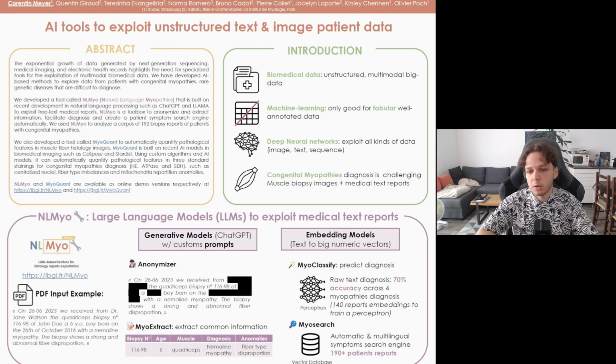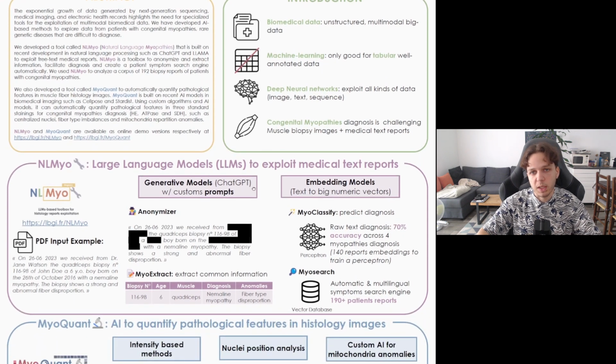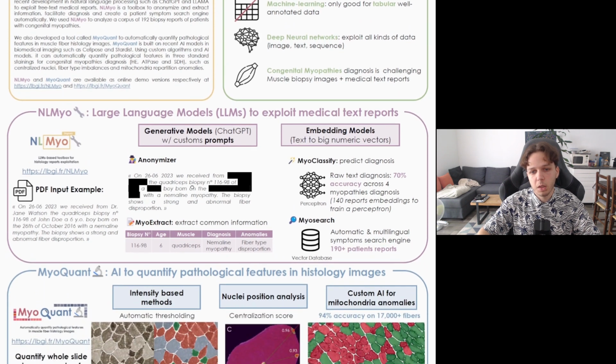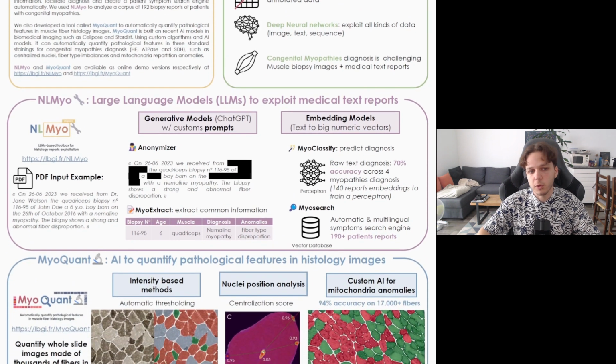So to exploit those biomedical patient data, we developed two tools that are able to exploit on one hand the medical text reports and on the other hand the image data coming from those muscle biopsies. So the first tool that I'm going to present to you today is NLMyo, which stands for Natural Language Myopathy, which is a tool that I developed that uses large language models to exploit medical text reports. So this tool is available online, has a demo version at the link that is provided, but also its source